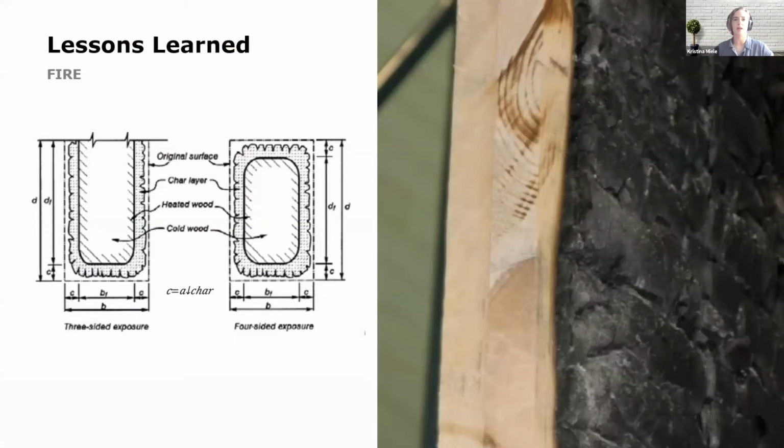From a fire perspective, and this really is the question I'm asked most often and what we learned most about, especially in the intro Cleveland building, when you're designing a building, regardless of whether it's concrete, steel, or timber, you're designing to the required fire rating for the code. So what we had in the intro Cleveland building is a 2-hour fire rating on the timber. And what that means is that we're following very closely with the NDS how much wood needs to be left